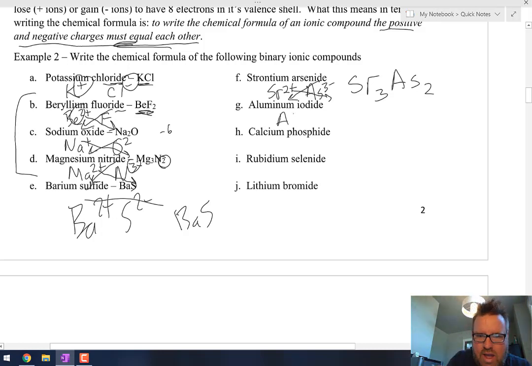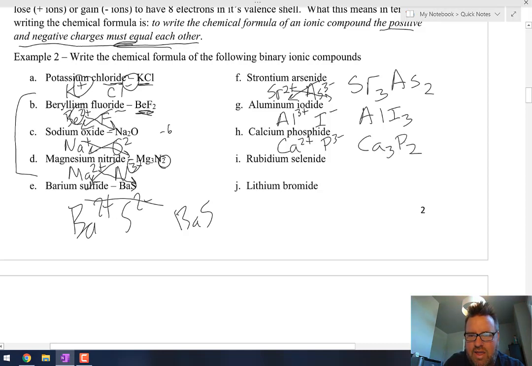Okay, on aluminum iodide, aluminum is +3, iodine is -1. So again, same thing, take those charges and switch them so you get AlI3. Letter H, calcium phosphide. Calcium has a +2 charge. Phosphorus has a -3 charge. Take those two again, just like our top one there, and we switch them. Ca3P2. Rubidium selenide. Rubidium is +1. Selenium, and again, I'm still glancing over at the periodic table to make sure I have the right charge. Selenium is -2. So again, we switch those, so it's